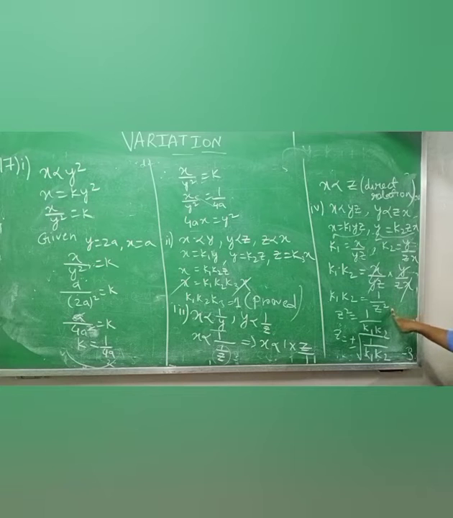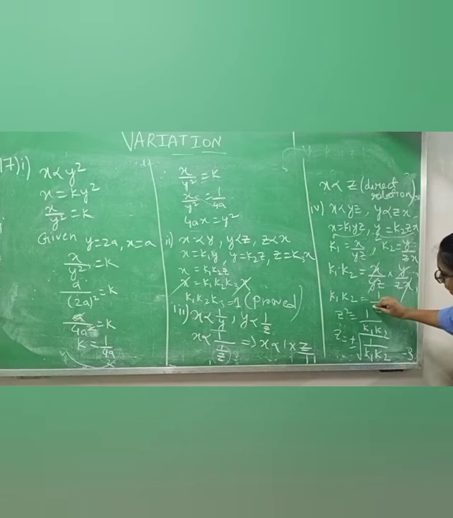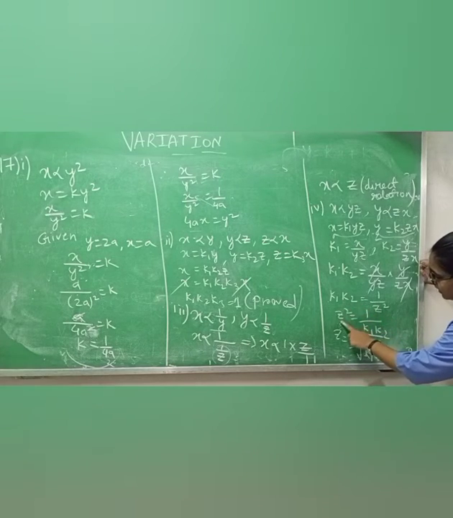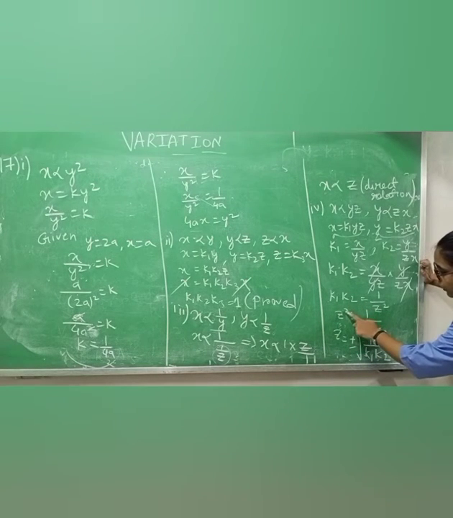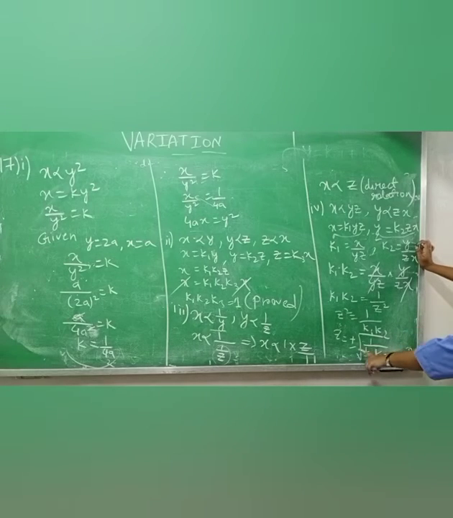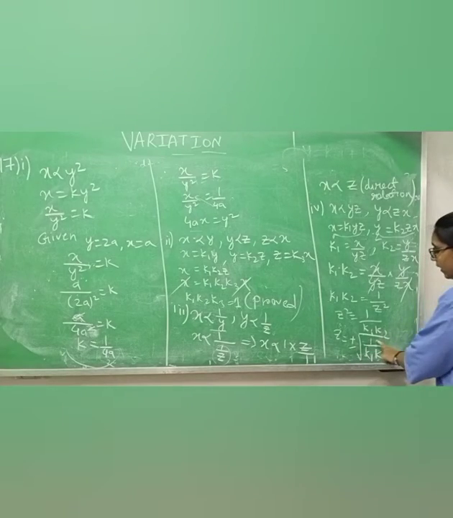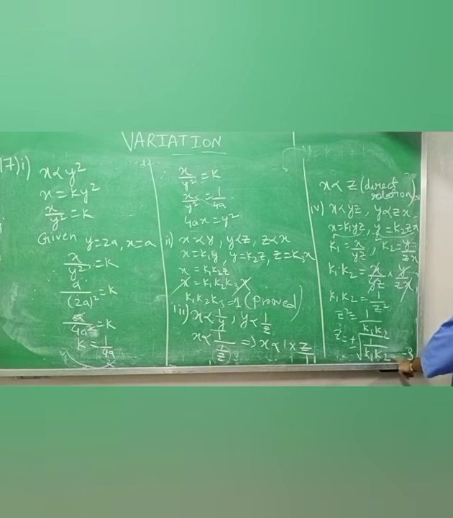Okay, we have to find z value, not k1, k2 or z square value. So what I am doing, I am changing their place. Z square I am taking this side and k1, k2 I am taking this side. See, z square coming this side and k1, k2 coming this side. Now the square we have to remove. When this square comes to the RHS, it will become root. And you have to put plus and minus, because you don't know whether k1, k2 value is positive or negative. So z value you are getting plus minus root over 1 by k1, k2. Okay, understood this one? Copy this.